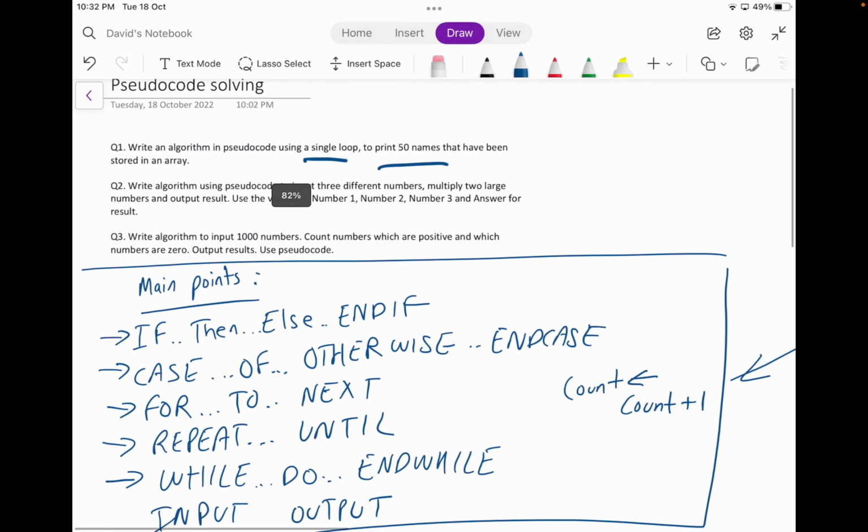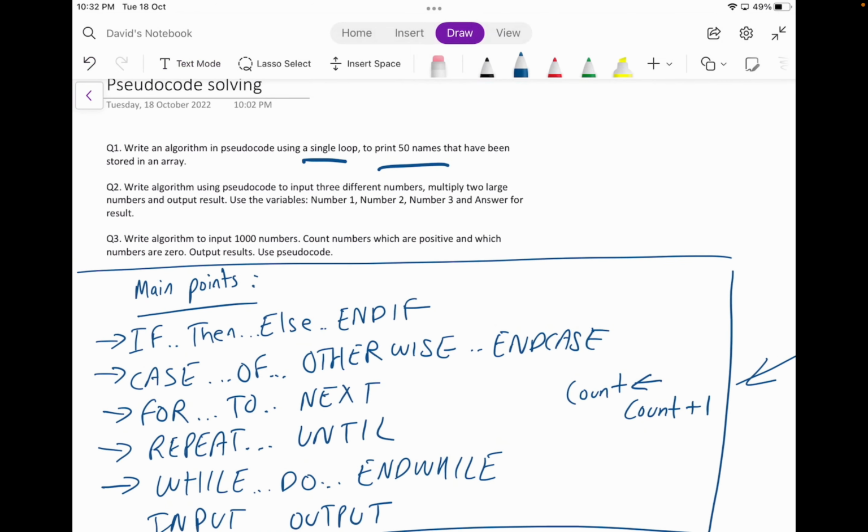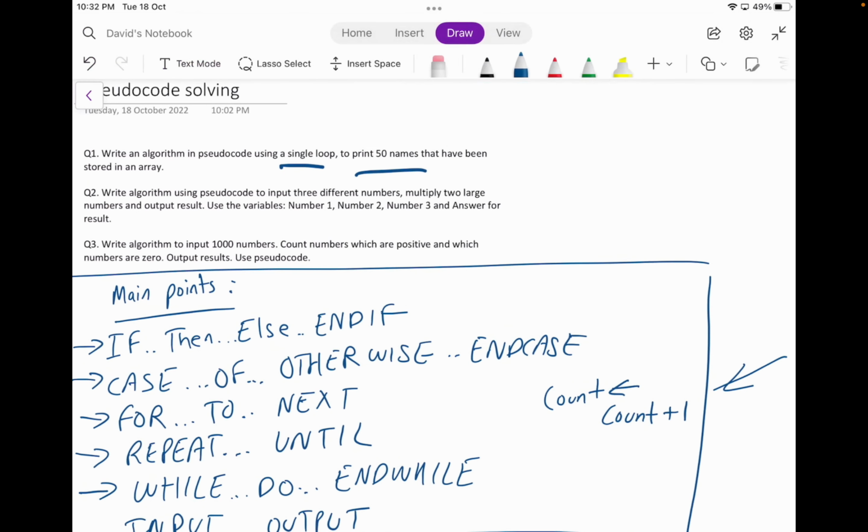Question 2 is to write an algorithm using pseudocode to input 3 different numbers. You have to multiply the 2 largest numbers and output the result. Now you have to use the variables number 1, number 2, number 3, and answer for result. Now this is an interesting question that we can use here, is that we have to write the algorithm to